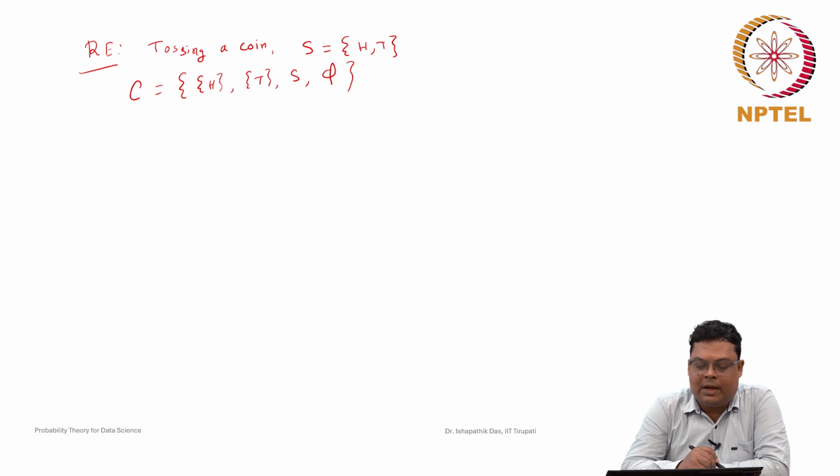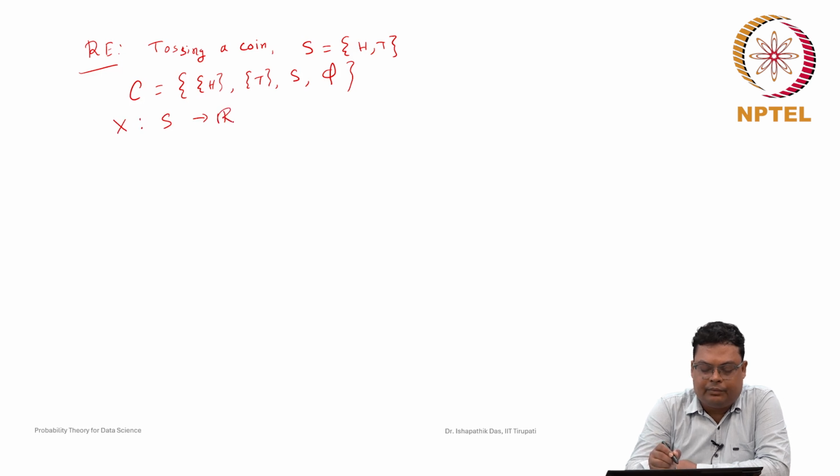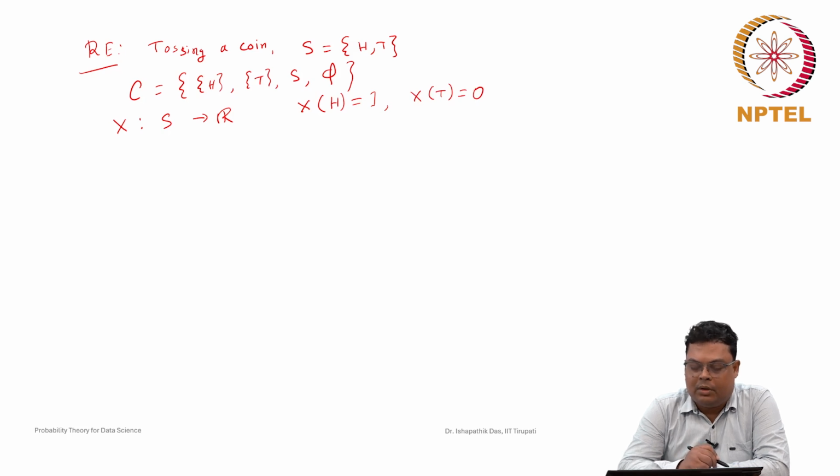So now we define a random variable. The random variable X is nothing but a map from S to R, a measurable function. We can define any random variable, but let us consider this standard random variable: X of head equal to 1 and X of tail equal to 0. So we are relating this abstract space to the set of real numbers by this notation, and we can also go back to this space by this random variable.